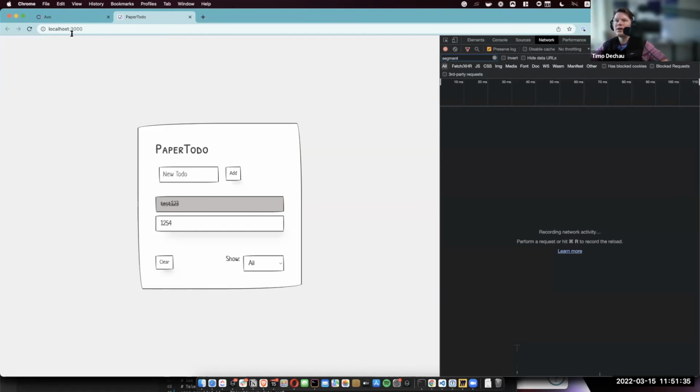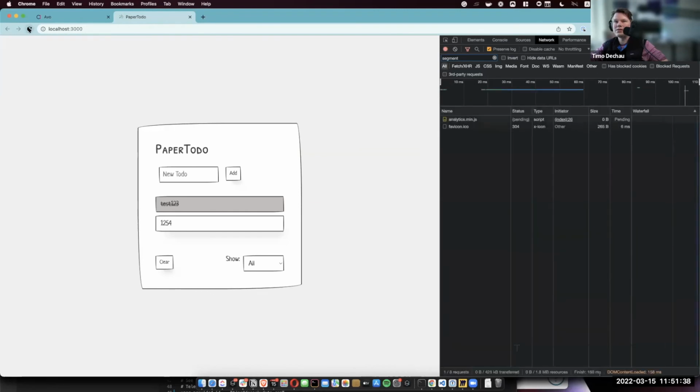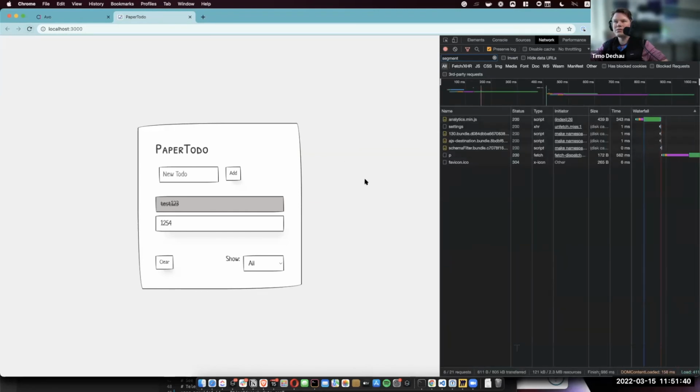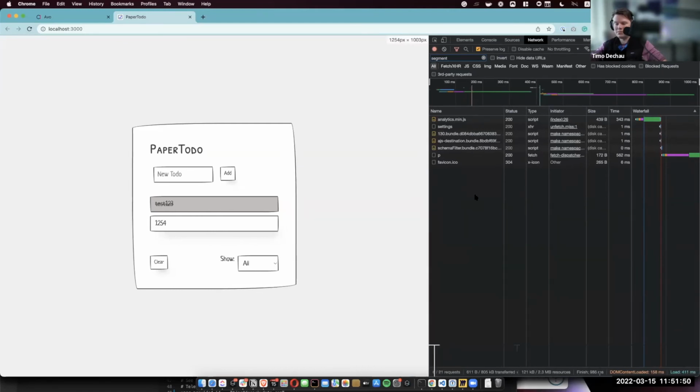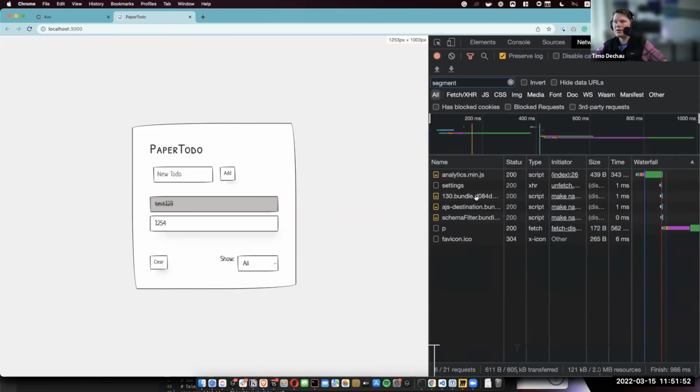So, long speaking, let's see what it does. It's loading a lot of stuff. You can see on the right, we're first checking for the Segment stuff, and then in a second we check what we're sending out to Avo. So maybe as context, and let me make this a little bit bigger,